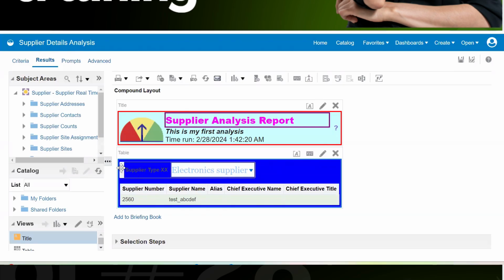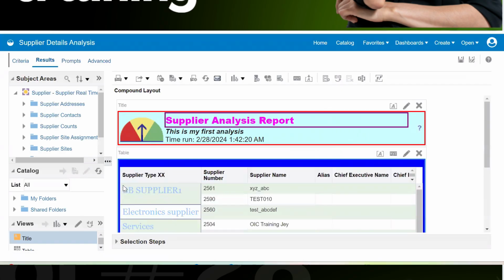And you can perform that activity without going into the pencil edit icon. Just select the column here and drag and drop it into this table section. It will be added. Similarly, in case you want to drag this particular column from the table section, select it here and try to drag it outside this table. Just a second. Select it.